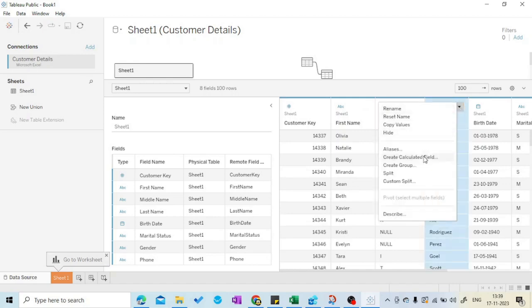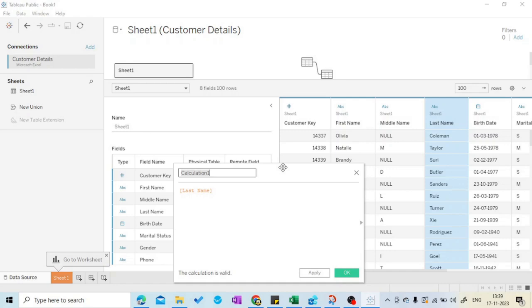So I will go over here and create a calculated field, and I will name it Customer Name, with a capital C. After that, I have to sum all of these: first name, and for looking purposes, I will give a space between them so it will look fine, then middle name, plus last name. So if you apply this right now,